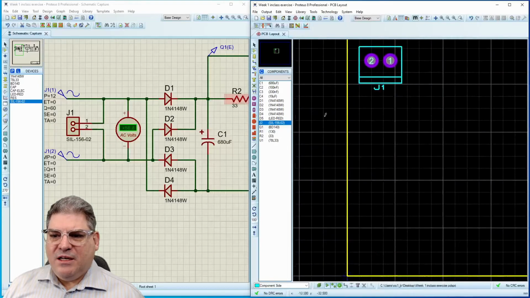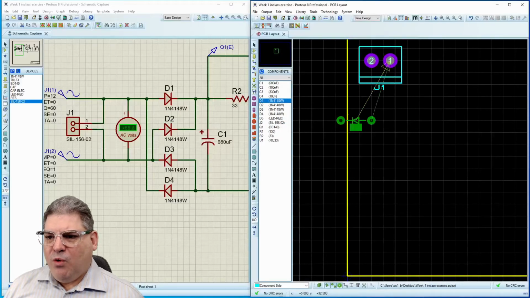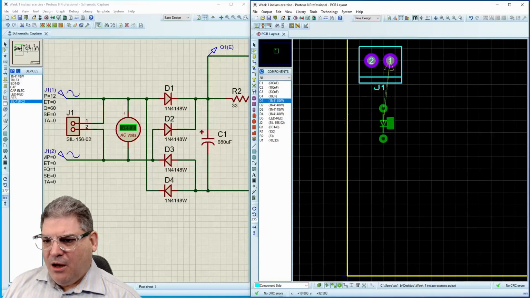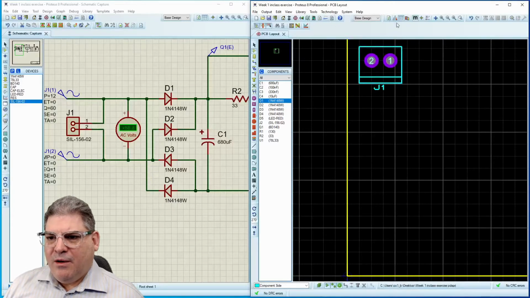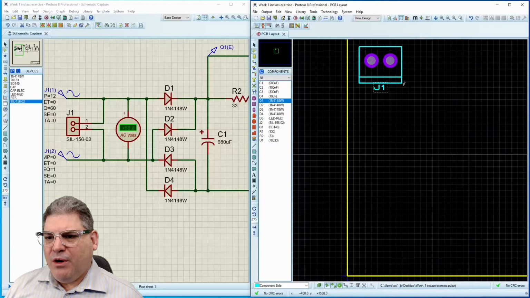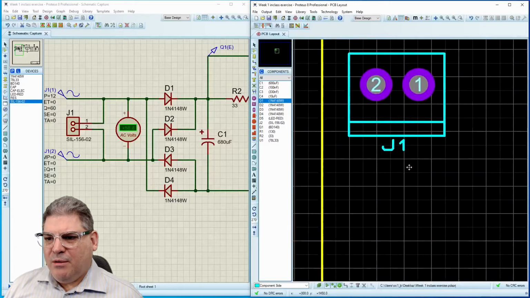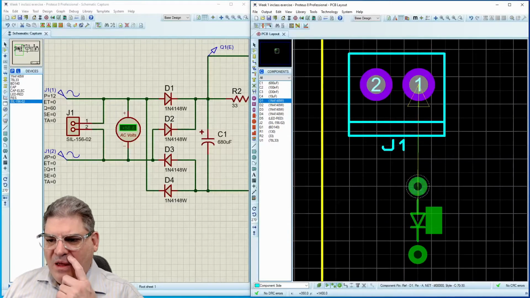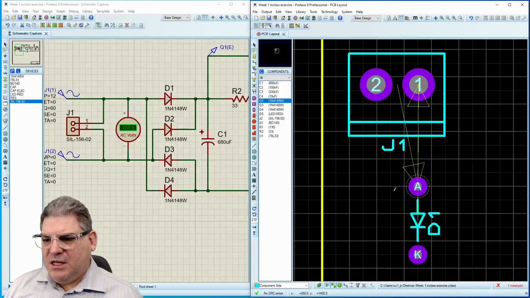All right, so the next thing that we get to is D1 through 4. And so let's grab our diodes, and I'm going to place them in a logical fashion. And now this would make more sense for me to be in imperial because these are imperial parts. Okay? So I'm going to place D1,